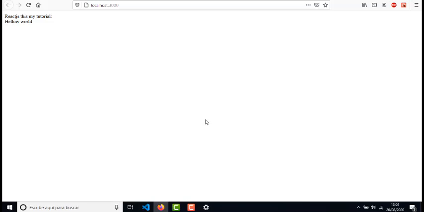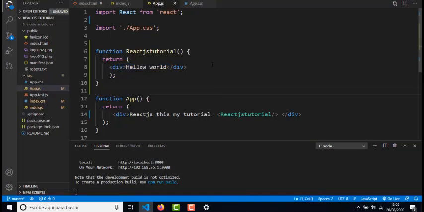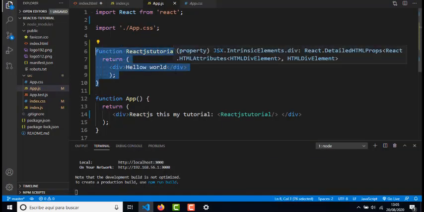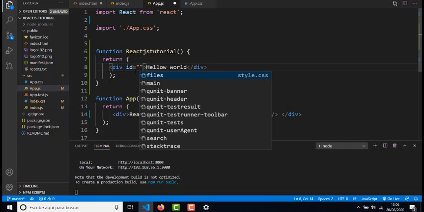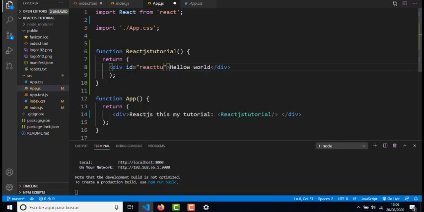And we're gonna go back and remember one thing very important. Inside the components we can have any type of code. What does that mean? We can have HTML like here with div, we can have style with CSS, and we can have a programming language of logic, for example JavaScript. For example, inside our div, we're gonna give it an ID and a class, I'm gonna put React tutorial. Okay, we copy the React tutorial